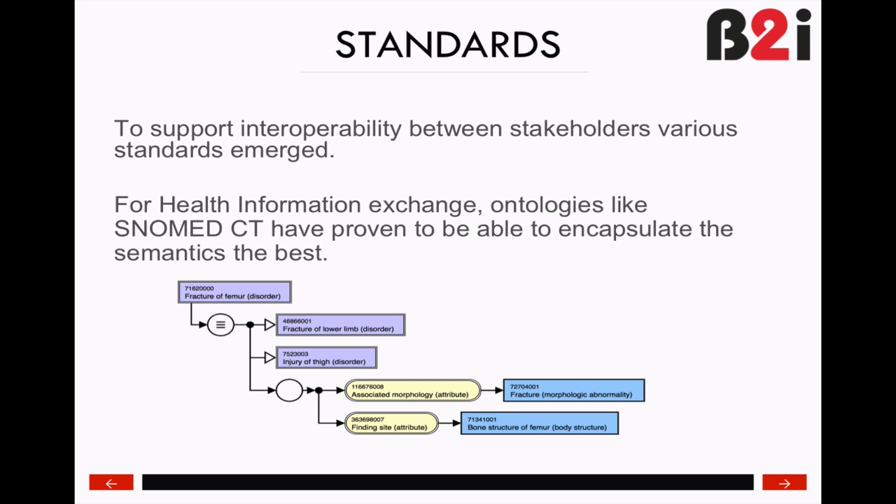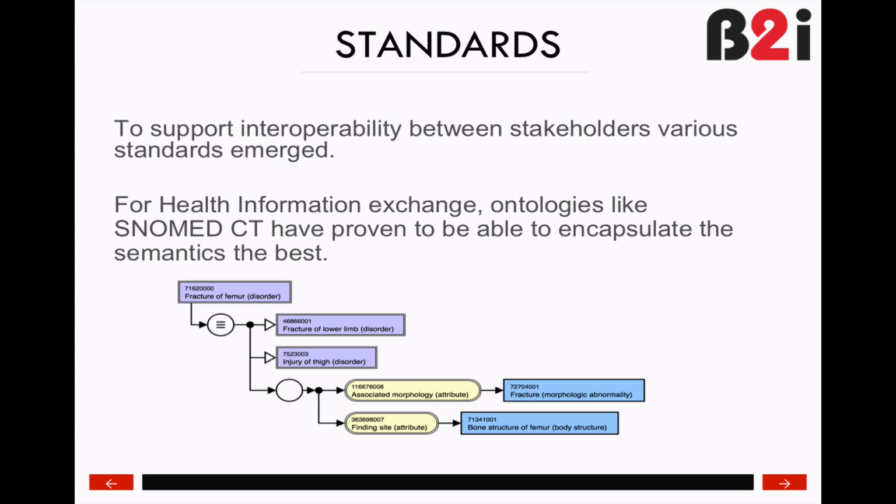SNOMED-CT is the largest biomedical ontology in the world, covering the entire clinical domain from body structures to substances, with clinically validated meanings attached to each concept. If you take a look at the picture, this is the SNOMED-CT ontological representation of a very simple clinical concept, the fracture of femur. Of course, it has an associated code and a label, or more labels where needed, and as an ontology, it has semantic relationships to other clinical meanings, telling us the location of this disorder, which is the bone structure of femur, from where we can infer that it is in the leg structure,